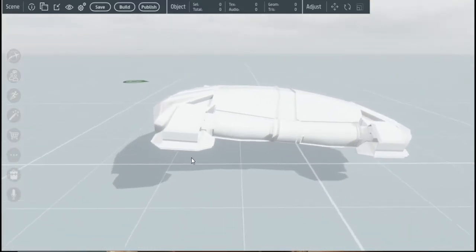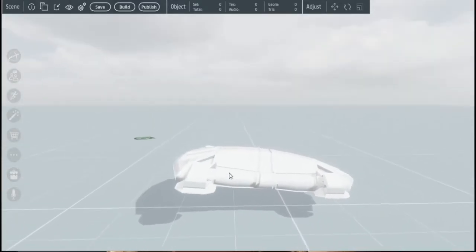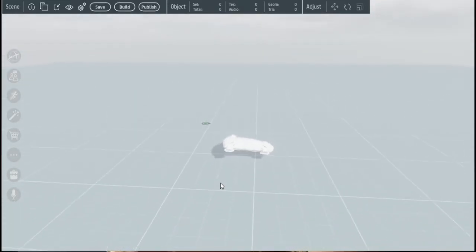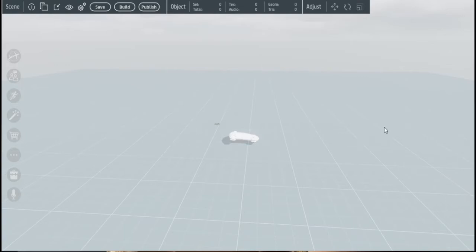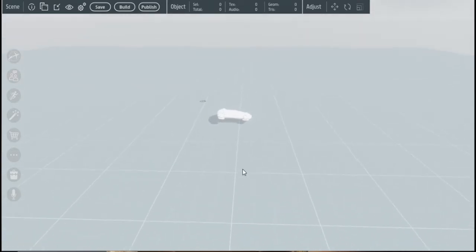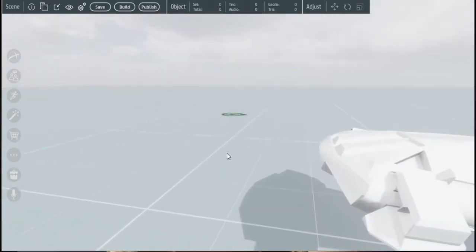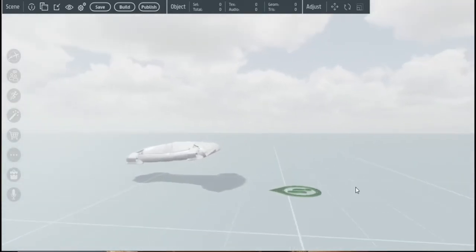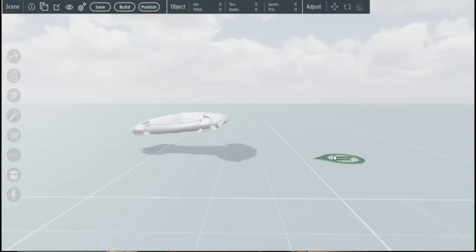Because sometimes, when you're doing detailed stuff, you got to slow your camera down. Sometimes when you're building out the whole scene, you can speed your camera up so you can move things around really fast, okay? All right, so let's talk about, when I first started building, I didn't really understand what this